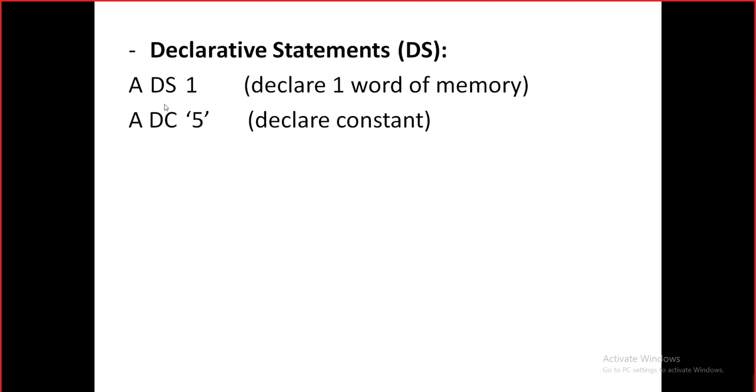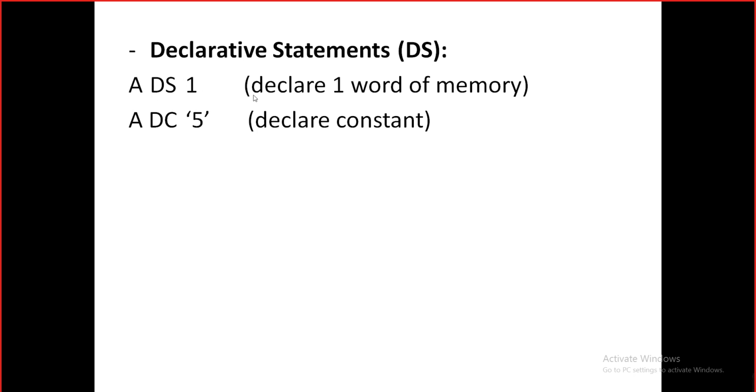With DS, what happens is, if we declare a DS 1, for example, as it is given here, it will reserve some space, whatever you have specified over here, and whatever you store at that memory location can be accessed with this variable a, or this symbol a, right?